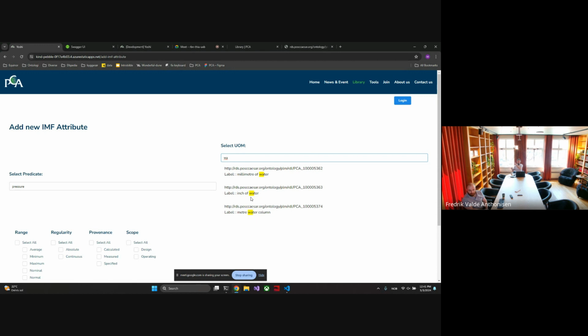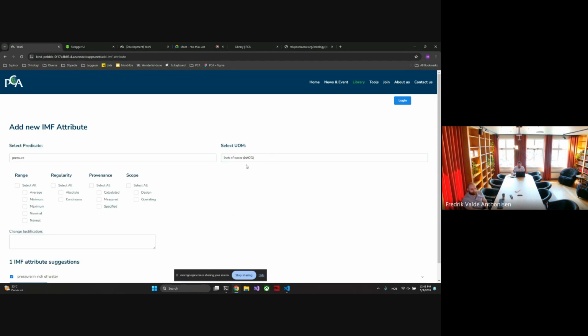This is a feedback we have gotten, that we shouldn't be able to use any unit of measure. I shouldn't be able to use centimeters, for instance, to define pressure. And I believed it would be a bit harder to use the ontology to limit the search, but that was pretty straightforward. A lot of concepts were defined, so it was a bit exciting to use this. Let's use inch of water because I found